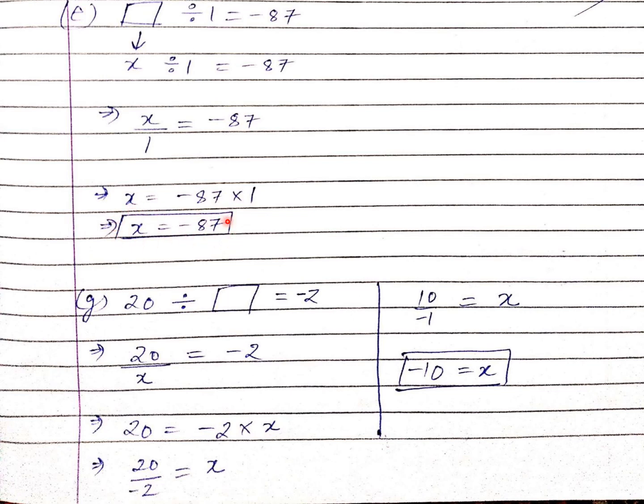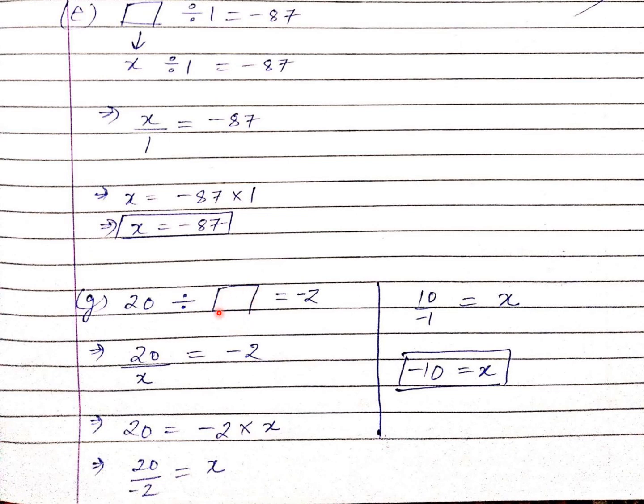Now till now we have seen easy questions. Now we will understand the essence of this method. In this question, we have 20 divided by something equal to minus 2. Now it is a little bit tricky to guess the answer this time. Some of you must be thinking it is 10, but as soon as you think of 10, you are wrong, because you didn't consider this negative sign. So guessing the answer will get you marks sometimes, but sometimes it will give you a wrong answer also.